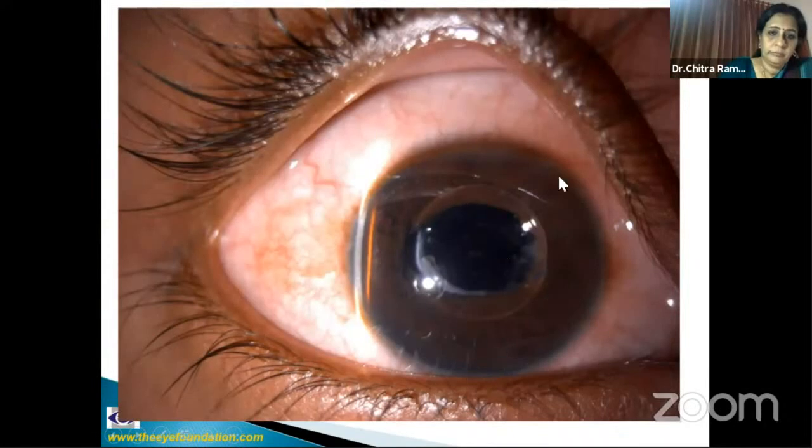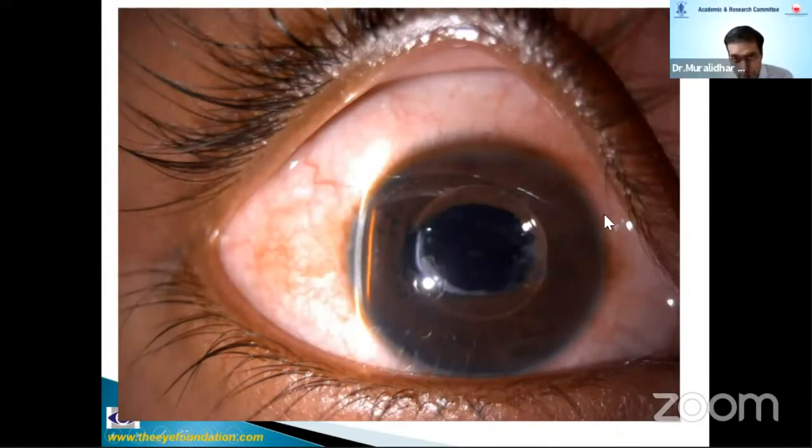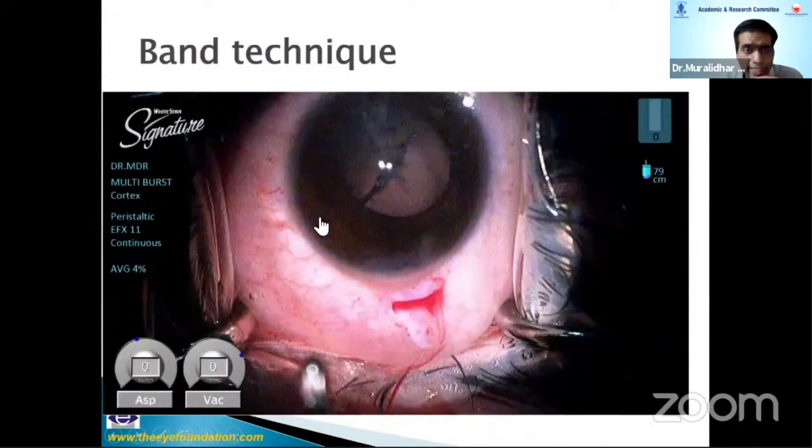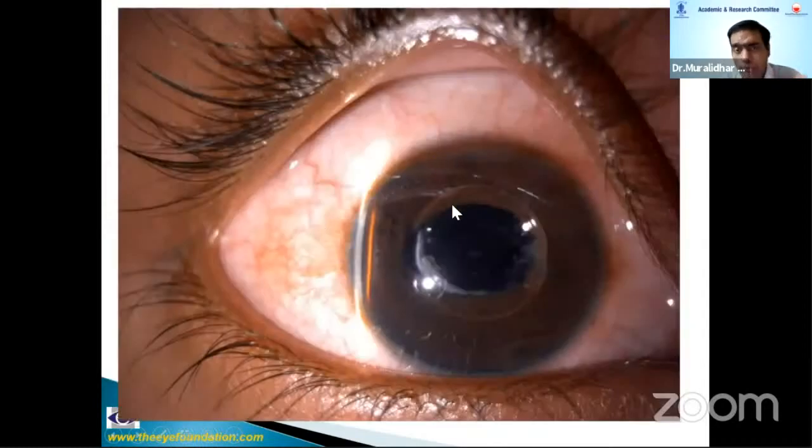This is the problem if you do not implant the IOL in the bag, which sometimes happens in traumatic cataracts. You may have a patient with 6/6 vision, but you will have an optic capture, and sometimes this can cause an iris bombe and cause a lot of trouble later on. So for traumatic cataracts, the key is to try to implant the IOL in the bag as much as possible. And if you have a very good rhexis, please make sure that it doesn't extend.